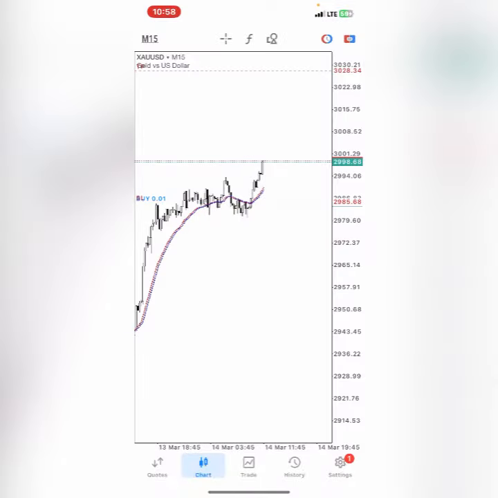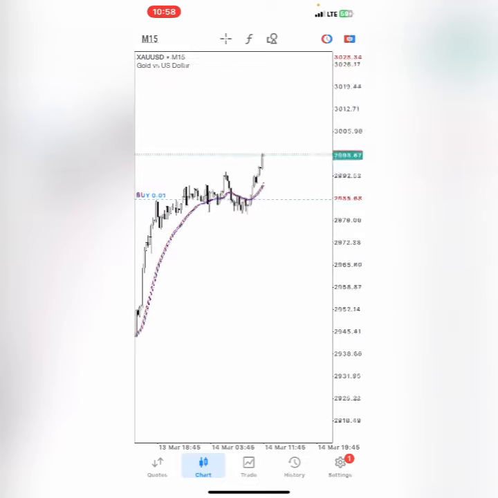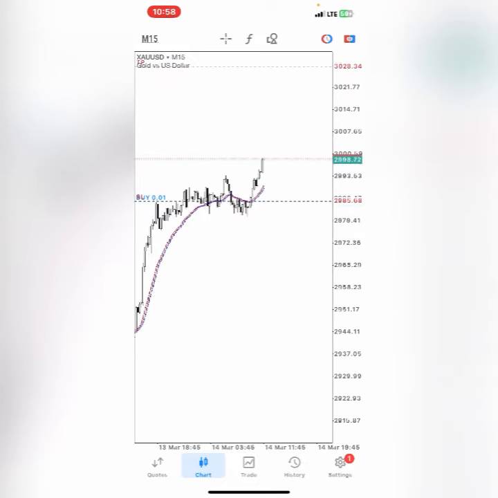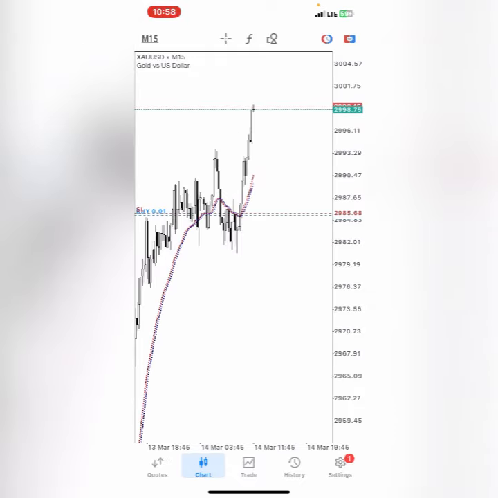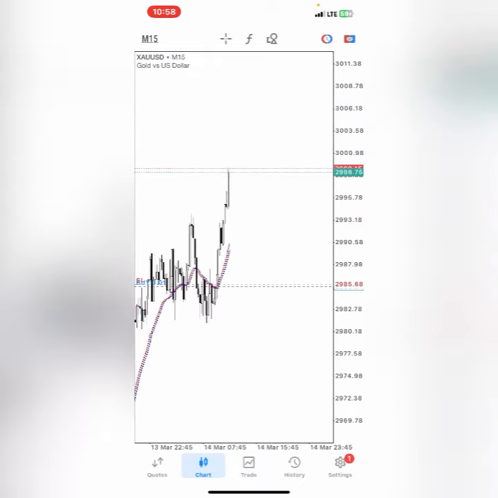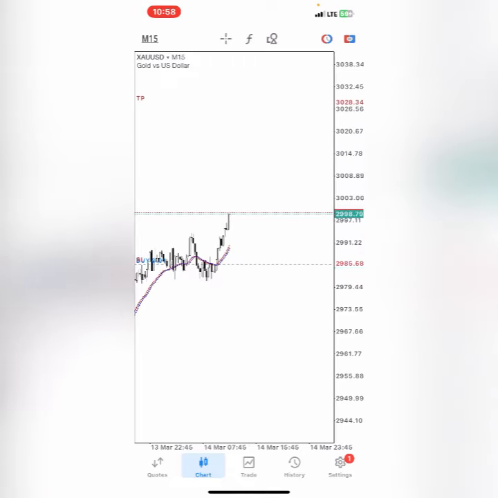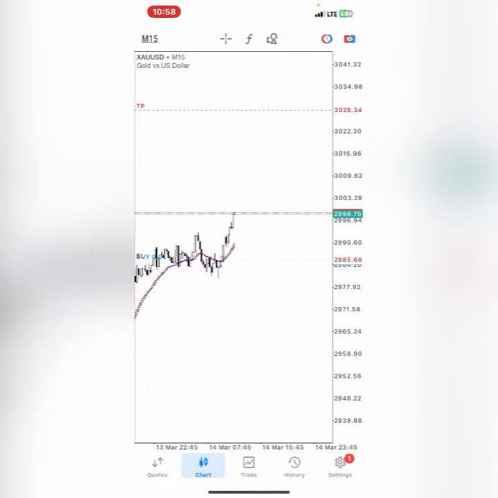It's almost, all right, it's 10:58, but I'm going to be waiting for the New York session. Once it's probably 1 to 2, I'm going to be looking for setups, and I'm going to be adding one more position, and hopefully I'm going to be riding this up to this area right here. As you can see where my TP is, that's where I'm going to be driving this. Hopefully it's going to get there, but I'm not sure though.